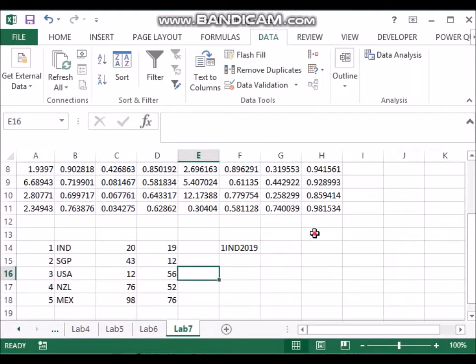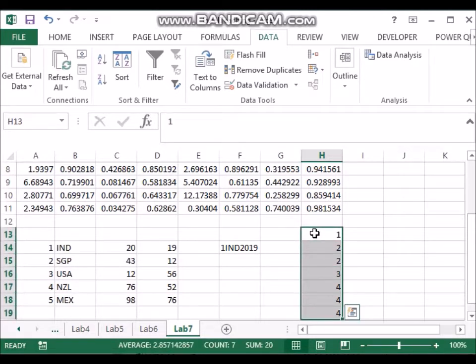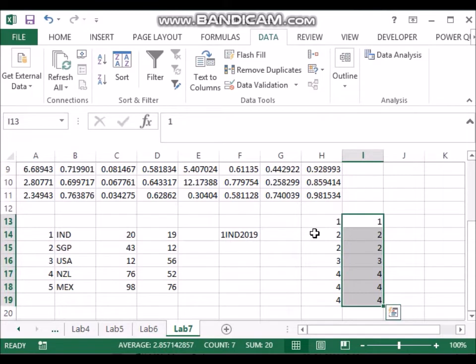One additional thing I would like to show in this data ribbon is, suppose we have data which is 1, 2, 2, 3, 4, 4, 4. If you notice, 2 is repeated twice and 4 is repeated thrice. Control C, Control V. So what I want to do is remove the duplicates in this data. How can I remove duplicates?